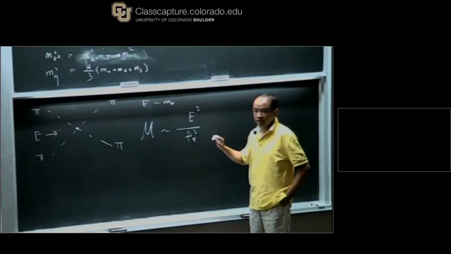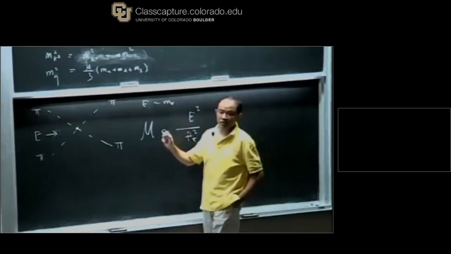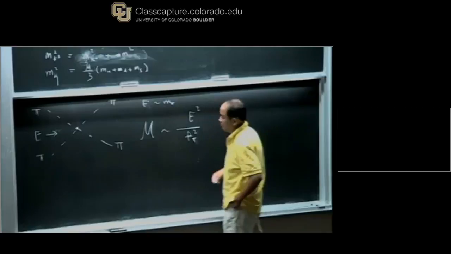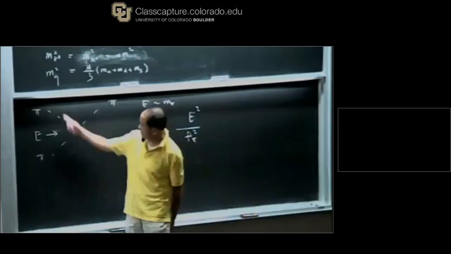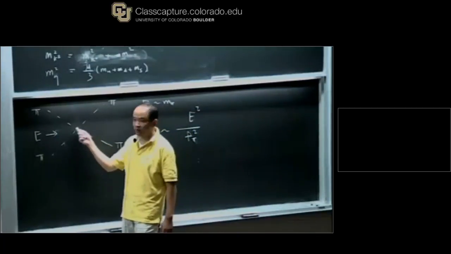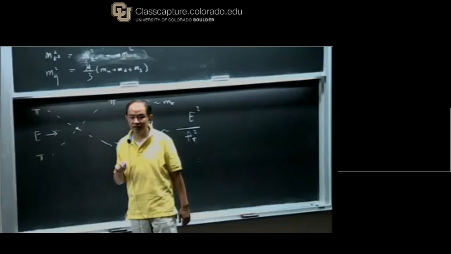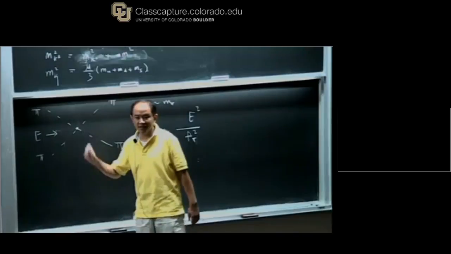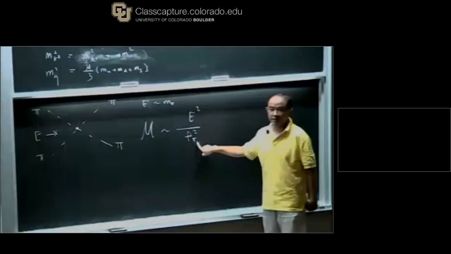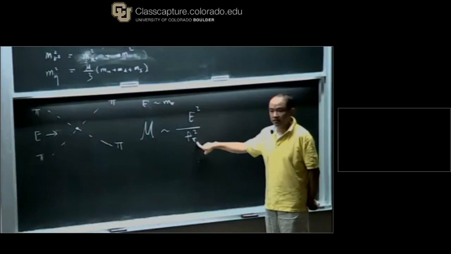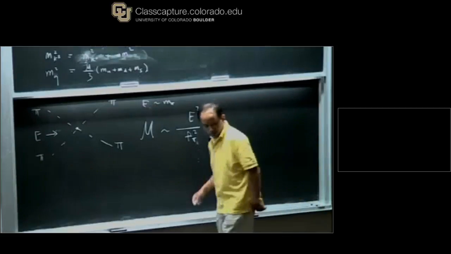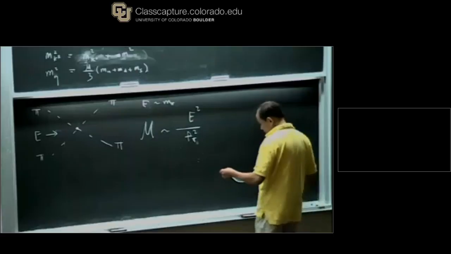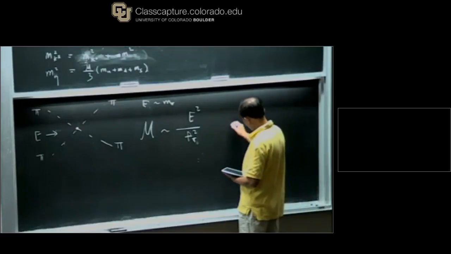Because this amplitude will become strong when the energy is higher. Maybe you can think about this as a definition of the 4 pion coupling. So the 4 pion interaction will become strongly coupled when the energy is bigger than f pi. Now, when do you call it strong coupling? That's a matter of taste, but